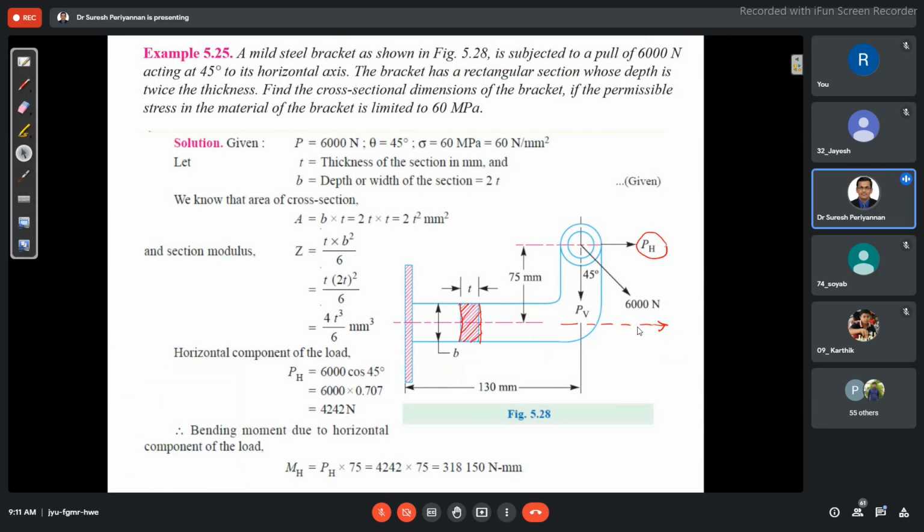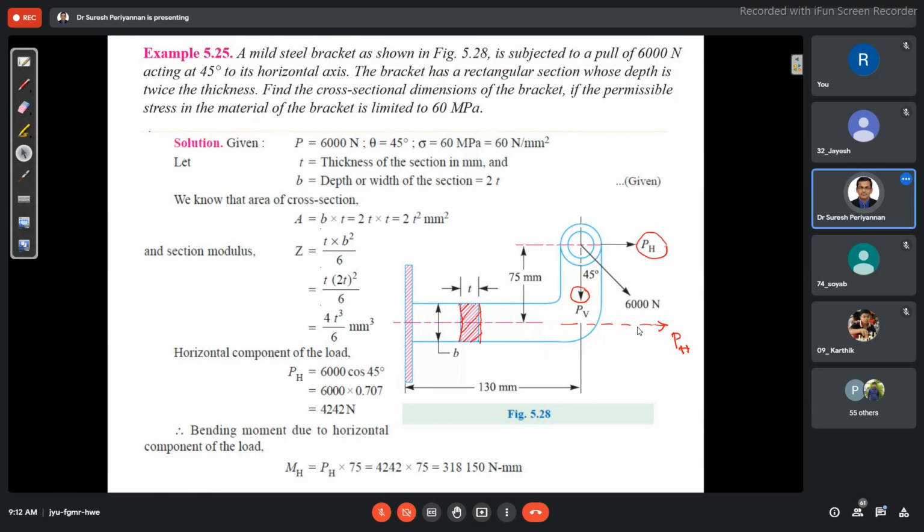The PH here is direct tensile. Now, the PV is going to generate a bending moment, not pure bending, sorry. The PV is a bending effect, right? The PV doesn't create any tensile load with respect to the cross section. With the help of the PV, we can find the bending moment of the component